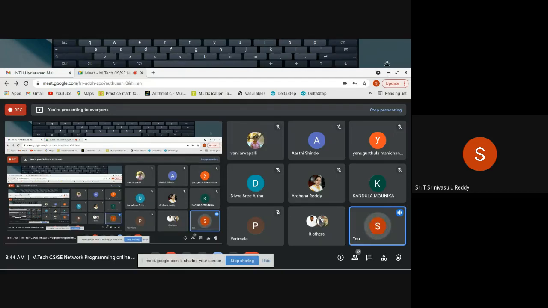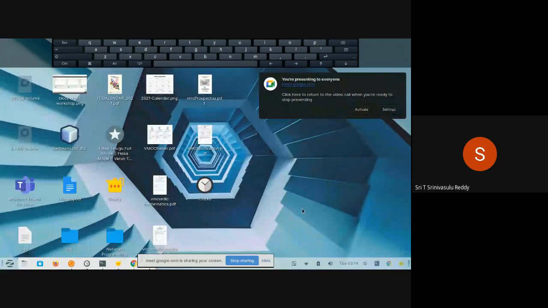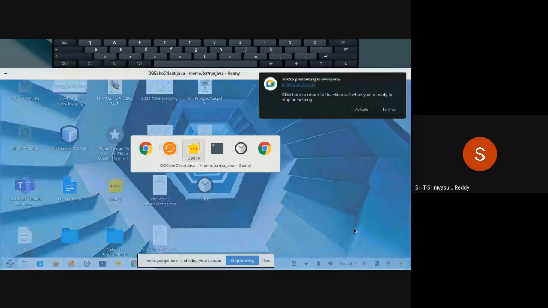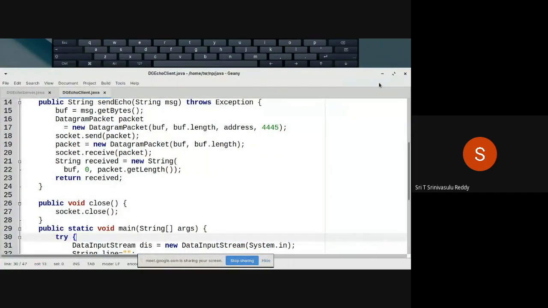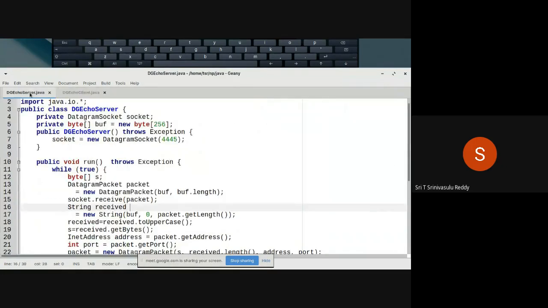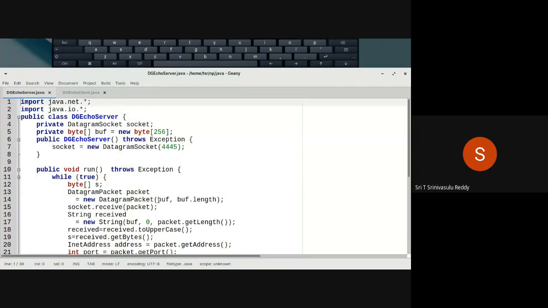Okay, so now let me examine the programs related to them. Let us examine the programs. Then, if you have any difficulty, you can raise questions. First, we will study the server program. Server program. See here,